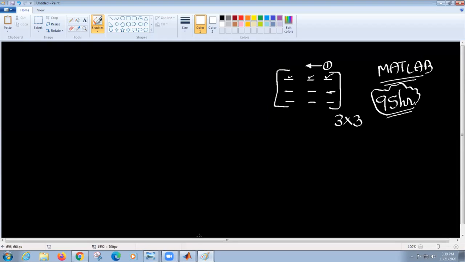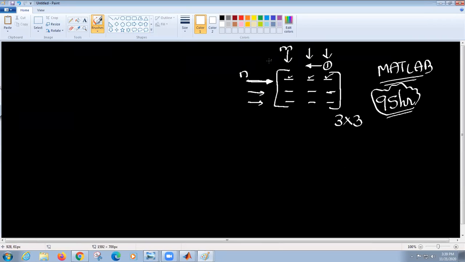Now, can I go like this? Say this is your matrix. I take 2 index variables, one index variable for rows and the other for columns. Let me take N for row and M for columns.